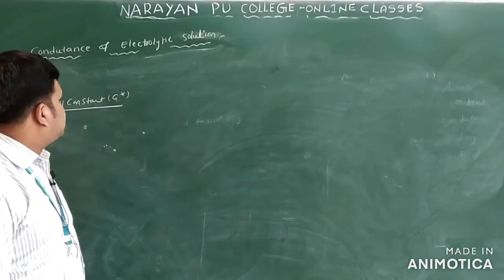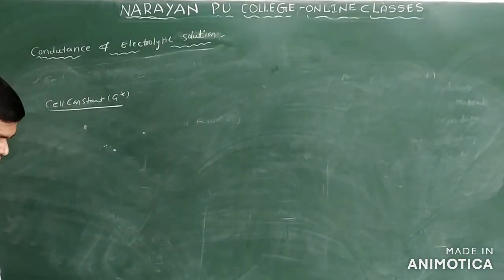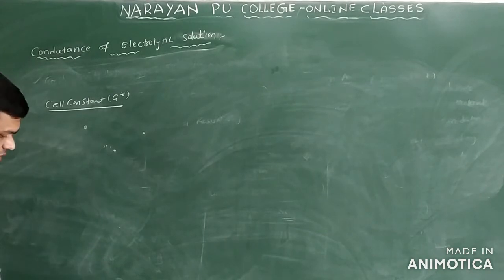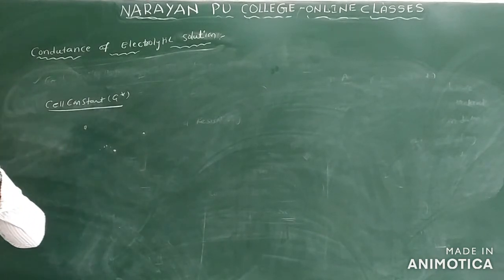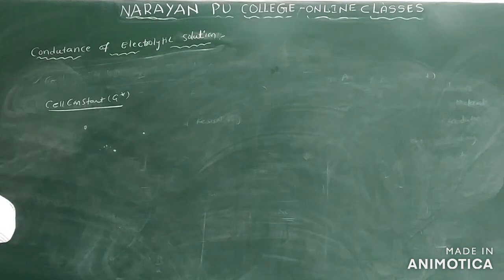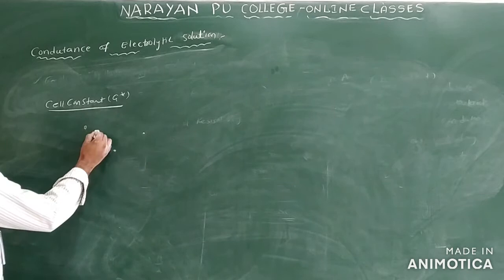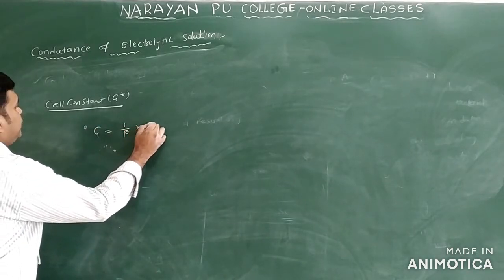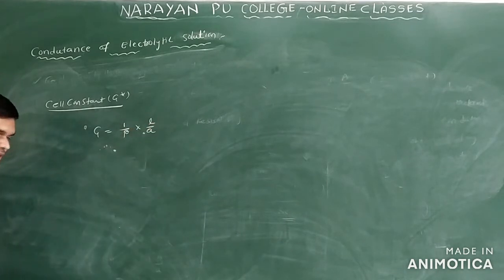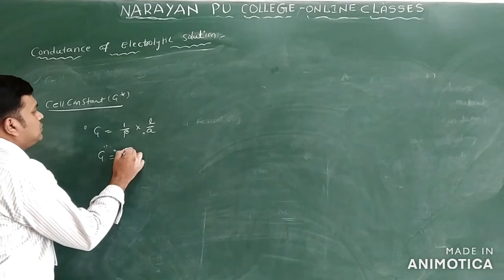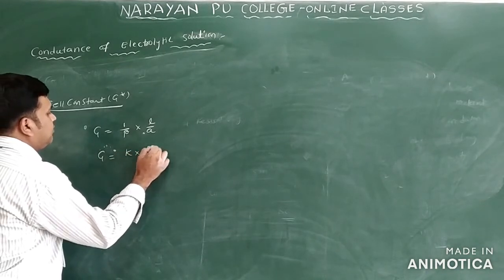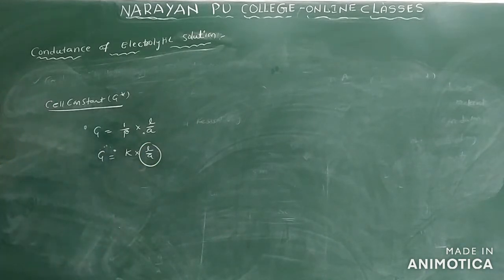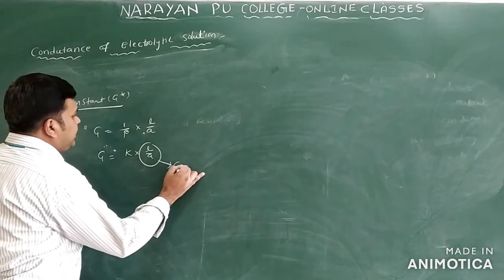See the next one, we have the cell constant G star. To write this cell constant G star, we take the expression of conductance G. Generally conductance G is equal to 1 by rho into L by A. So G is equal to K into L by A. This L by A we are calling as